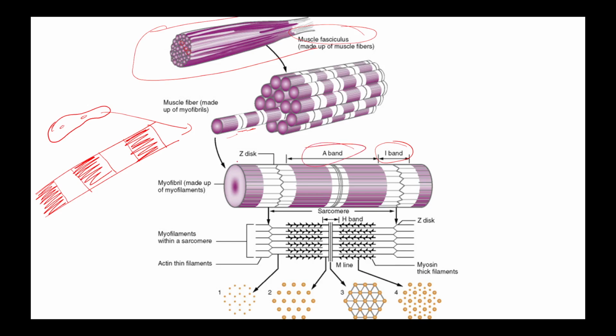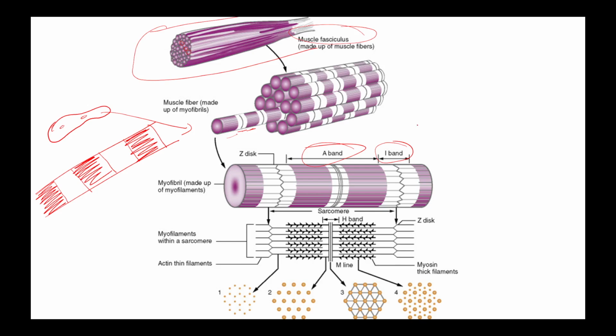The reason is that in the A band area, when light is passed through the A band, the refractive index it gives has a certain value. And when the light is put at a right angle, the refractive index that is produced is different. That is a property of this dark zone, and it is referred to as anisotropic. Getting two different kinds of refractive index, that is why this region is referred to as the A band.